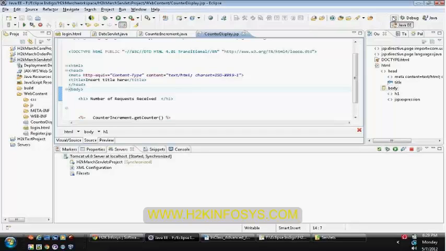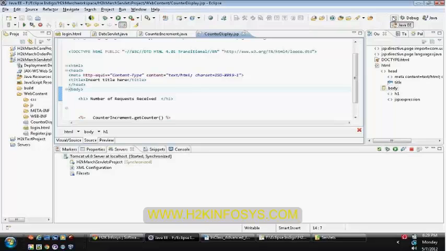Then I can say that I want to send some error response. To send an error response, previously we used sendRedirect. You can make use of sendError, which accepts an argument, and the argument is nothing but your HTTP status code. To get the HTTP status code, there are several static final variables available, which start with SC underscore.